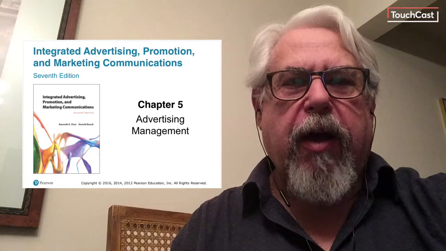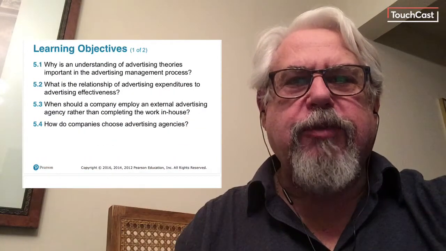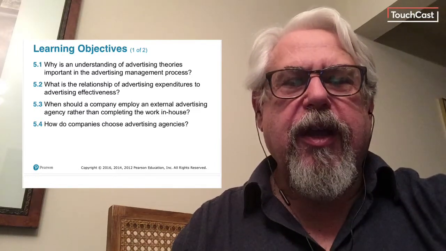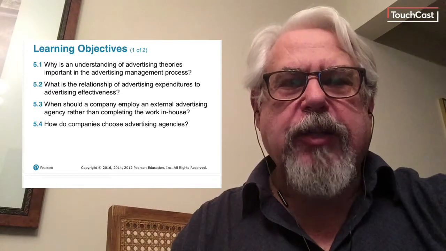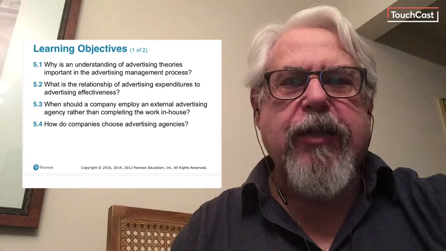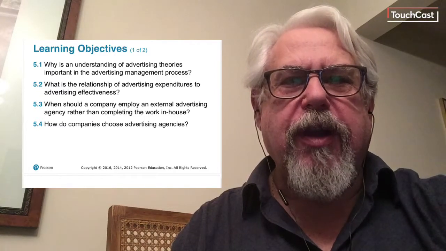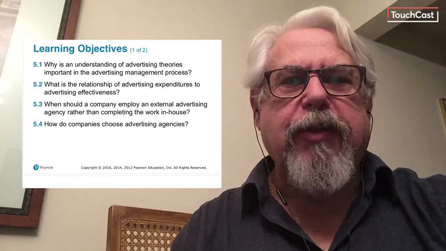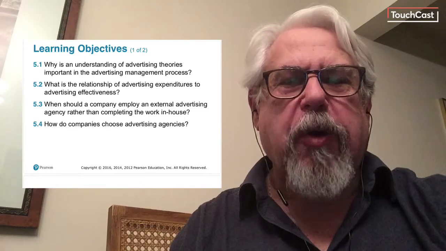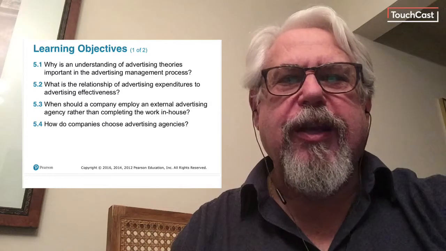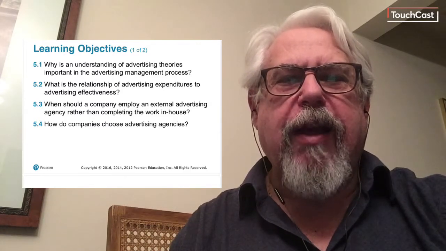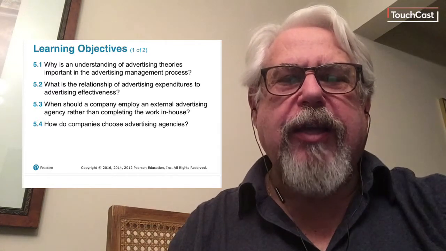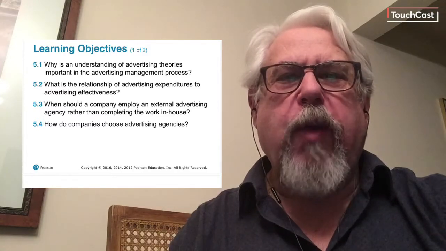So as you see, this chapter is about advertising management, and there's a number of key objectives that you'll see in the text and that we're going to talk about in these next few minutes about this whole issue and why it's important to understand how advertising works and why it's important in the whole process of managing an ad and integrated marketing communication campaign and program, and how the money that we decide to spend, we've talked about the Super Bowl ads that cost millions of dollars just to show, let alone the millions that they may cost to produce, and the relationship of that money that we spend on advertising to our understanding of the effectiveness of the ads in terms of how they translate to things like sales and other things like brand awareness and customer